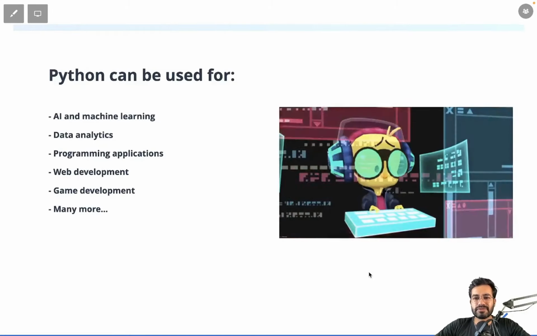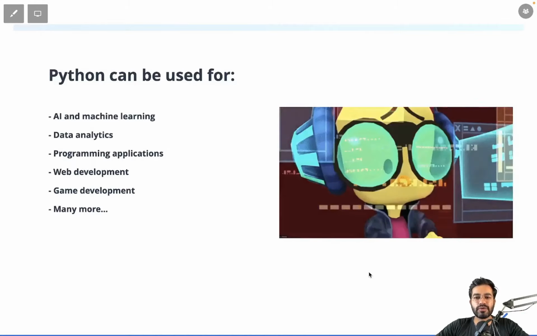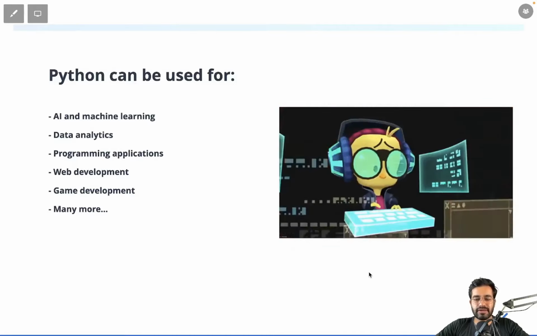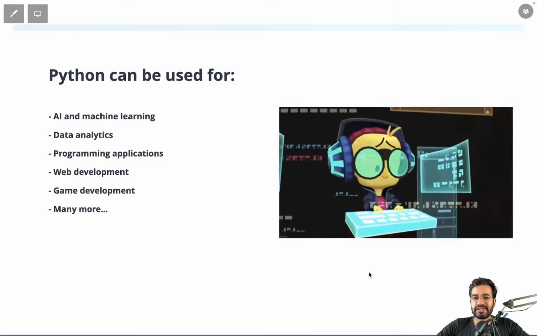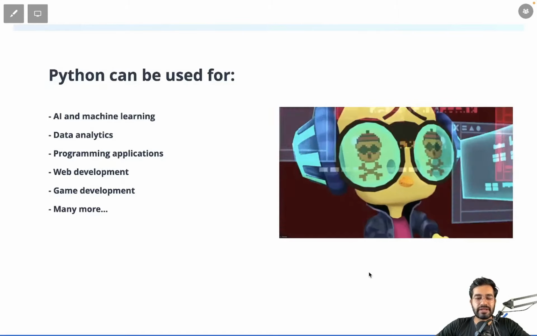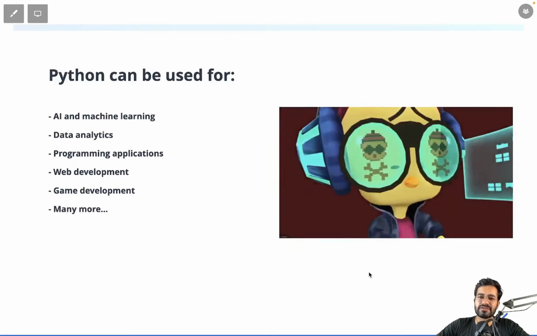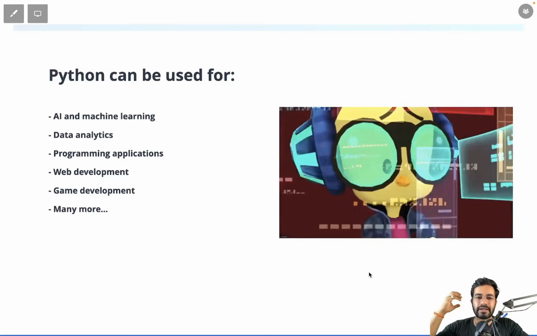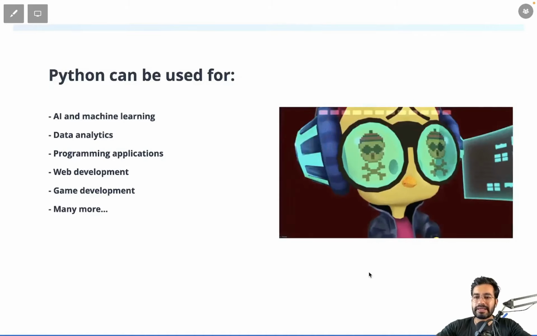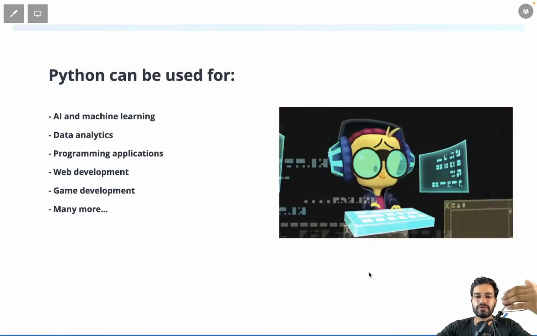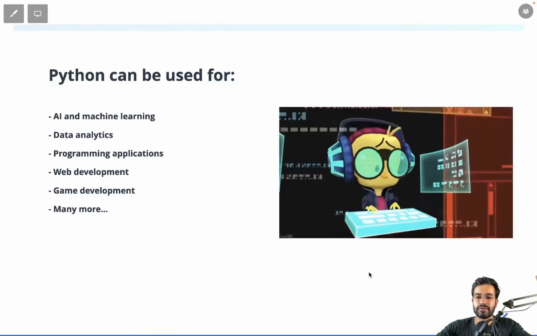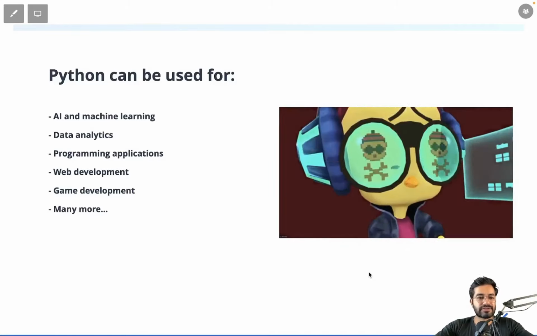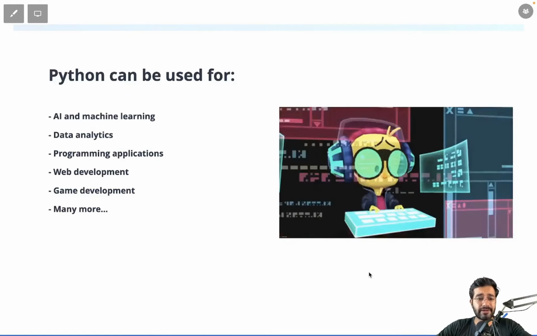Okay, so what can Python be used for, or what are all the careers which get open to you after learning Python? Basically, using Python, you can do artificial intelligence and you can do machine learning as well. So maybe you can become a machine learning engineer. Apart from that, it is being used in data analytics as well. What is data analytics? Let us just say there are some elections going on, and there are certain trends and certain data upon which you can guess who the next candidate is going to be, or who is going to win that election. Based upon that data, you can collect the information. That is known as data analytics, getting useful information out of cluttered data.